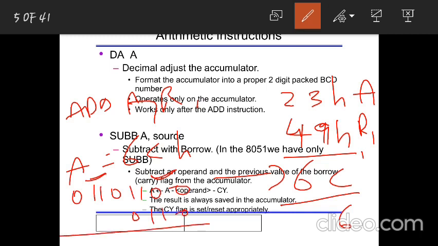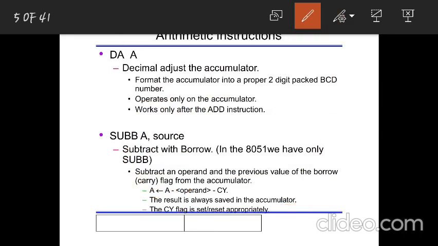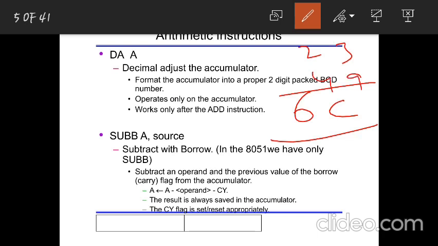If you add, the result you will get is 7 and 2, that is 0111 0010. That's alright: 0 plus 0 you will get 0, 1 plus 0 gives 1, and so on with the carries, giving 1110. So the answer is 7 and 2. So after solving all this, in normal binary format the answer you got was 6C, by adding 23 and 49, all hexa values.